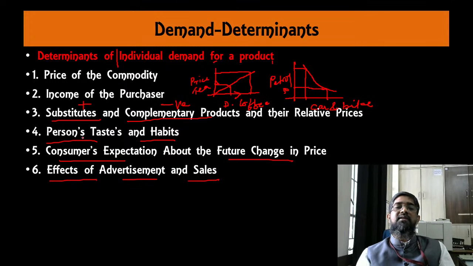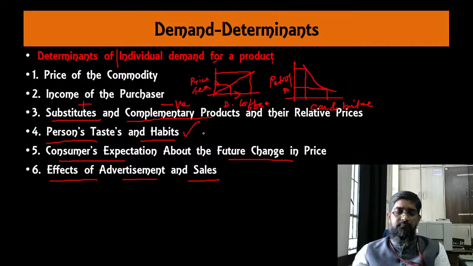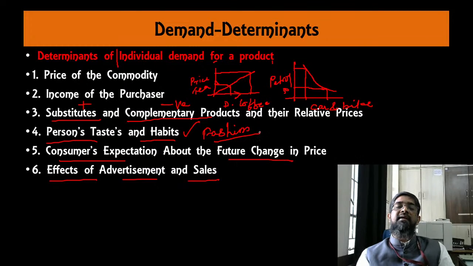Then fourth one is person's टेस्ट एंड प्रेफरेंस. किसी चीज़ की टेस्ट एंड प्रेफरेंस डिमांड को बहुत ज़्यादा इन्फ्लुएंस करती है. इनफैक्ट एडवर्टाइजर्स, एडवर्टीजमेंट्स... सो कोई चीज़ अगर फैशन में है, बहुत ज़्यादा फैशन में आ गया है, तो उसकी डिमांड ज़्यादा हो जाती है. इर्रेस्पेक्टिव ऑफ प्राइस ज़्यादा है फिर भी उसको डिमांड करते हैं. ठीक है. टेस्ट एंड प्रेफरेंस एंड हैबिट ऑफ पीपल ऑल्सो इन्फ्लुएंस द डिमांड.